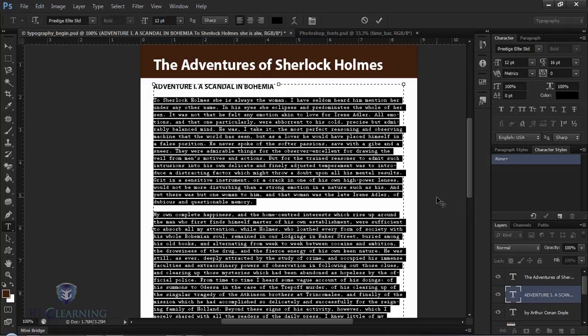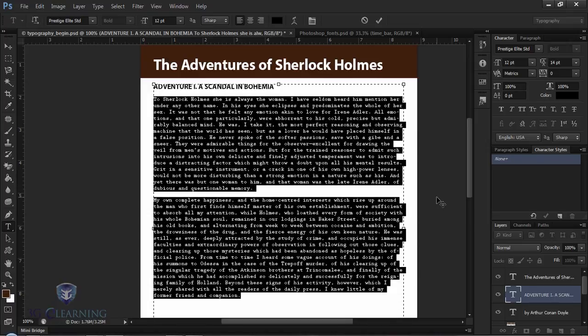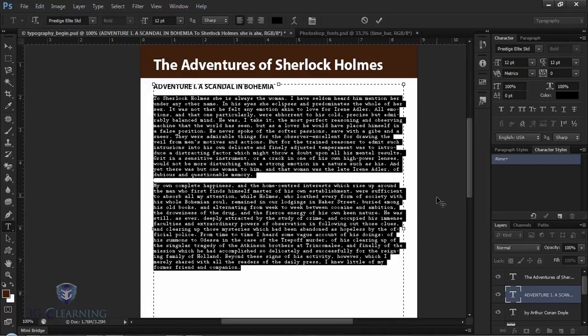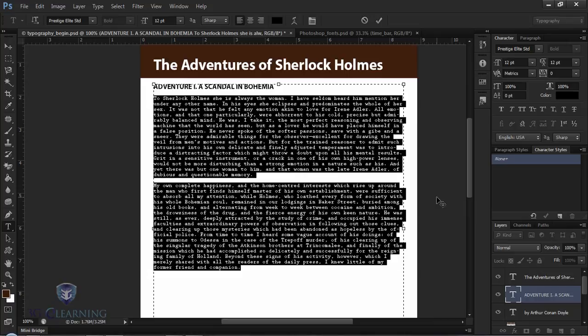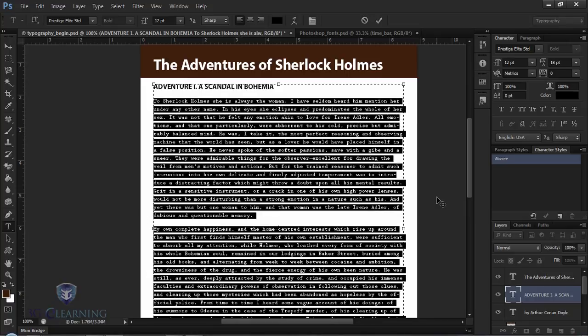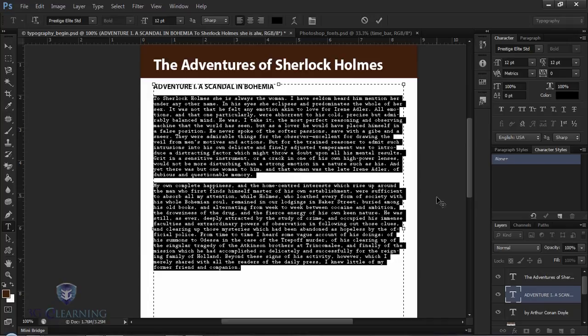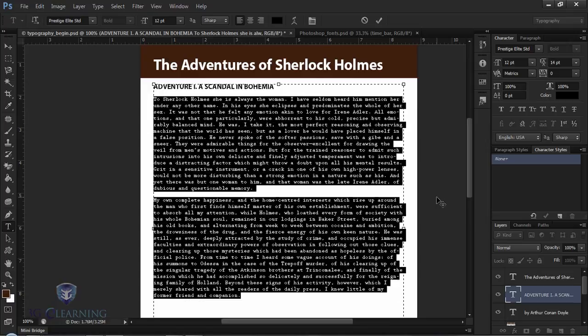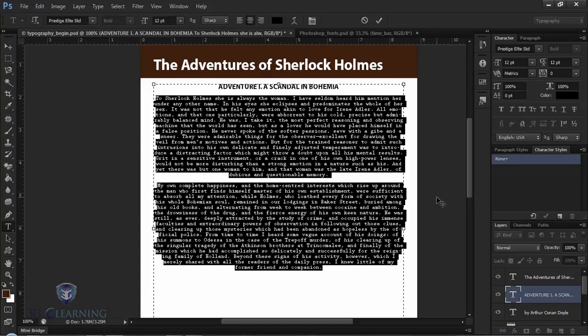So a review of the ones that work with your arrow keys. Option left and right arrow are kerning and tracking. Option up and down arrow are leading. On the PC, Alt right arrow or left arrow, depending on whether highlighted. Alt down arrow will increase leading, and Alt up arrow will decrease leading. Command Shift C will center. Command Shift L will left align. Command Shift R will right align. On the PC, Control Shift C to center, Control Shift R to right align, or Control Shift